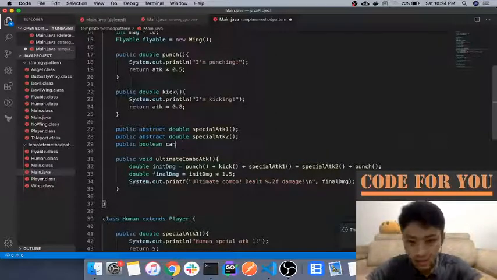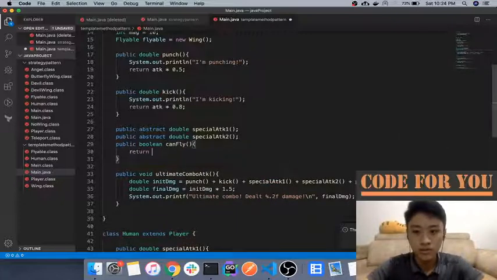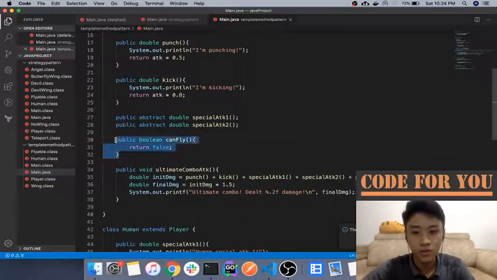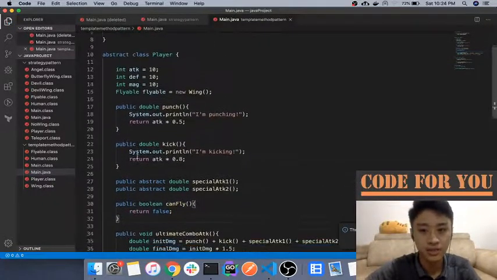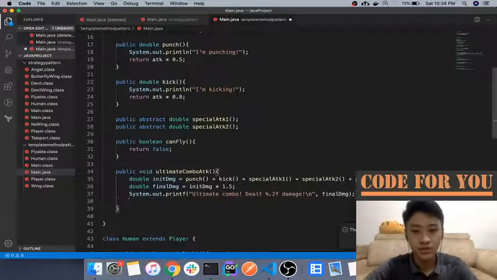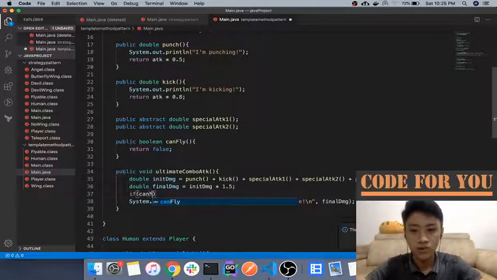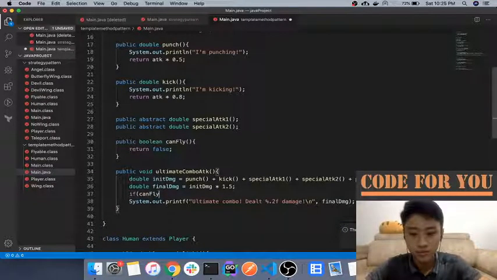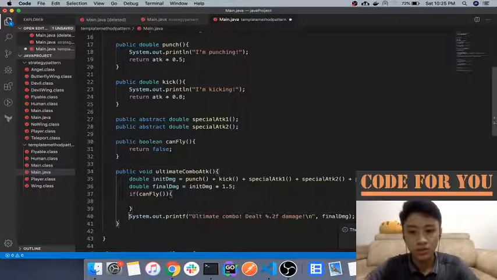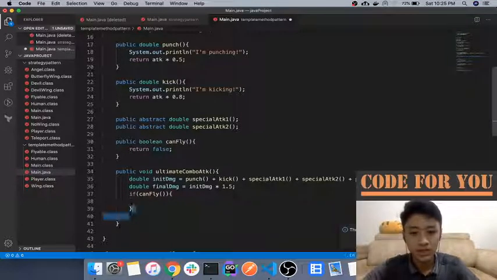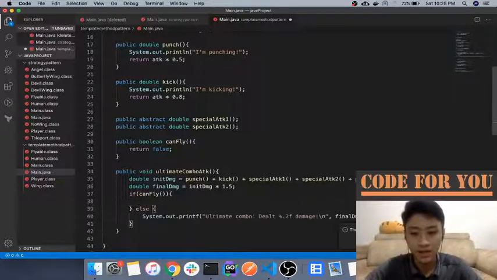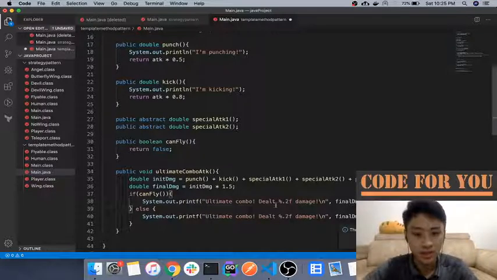Can fly, return false. So now we have a boolean which will always return false in the parent class. What can this do? So for example here, if I use an if condition, this is like a flag which we are putting in the ultimate combo attack, that if the player is able to fly, I will be executing another damage which will